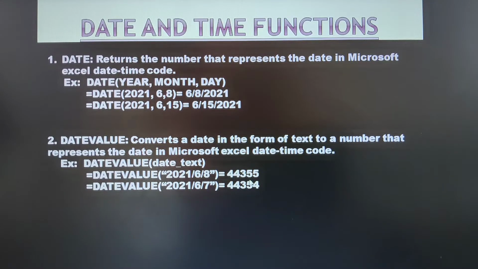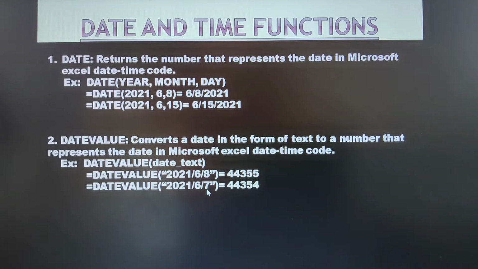I hope you are understanding. As I said, from January 1 1900 they gave the serial number as 1, and like that each subsequent day gets the next serial number.